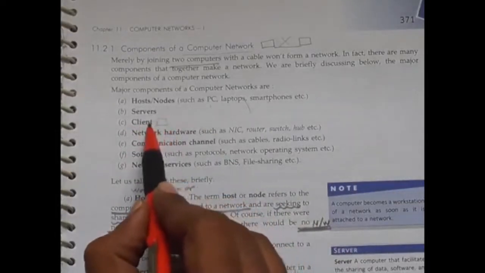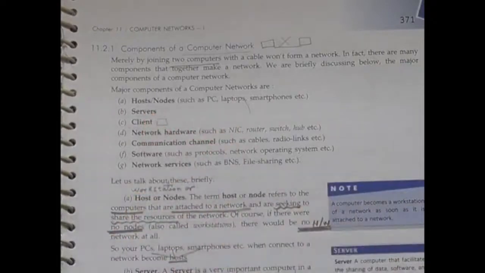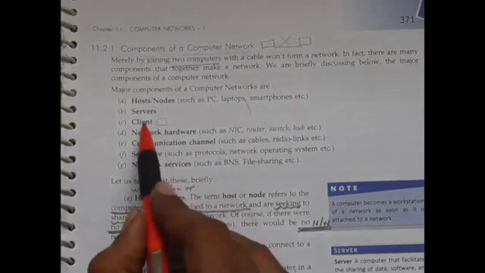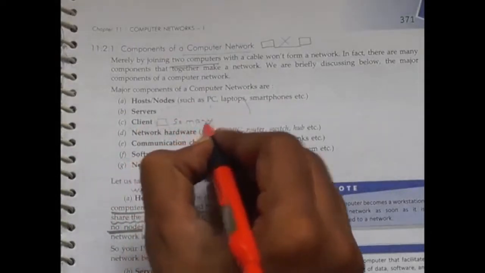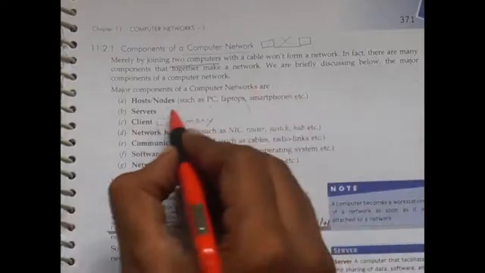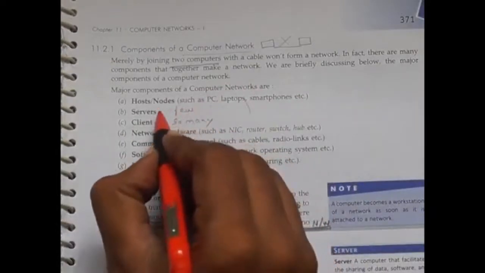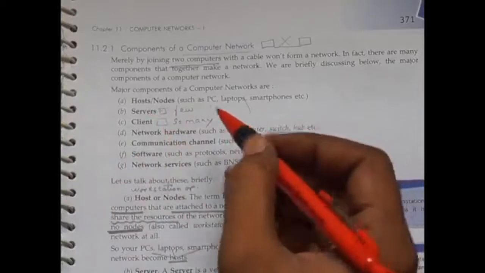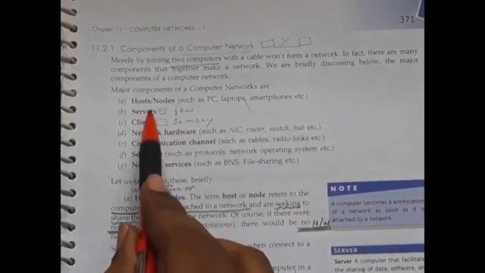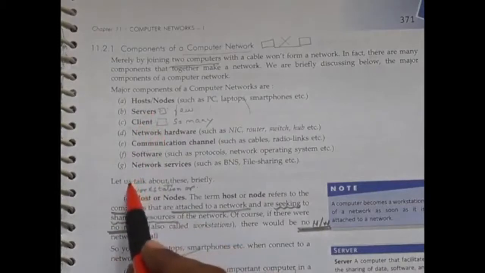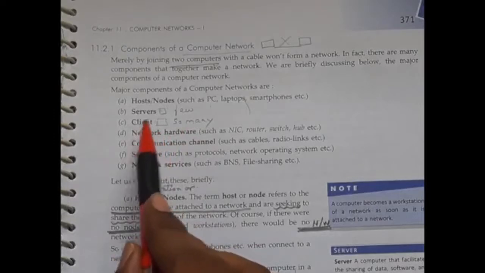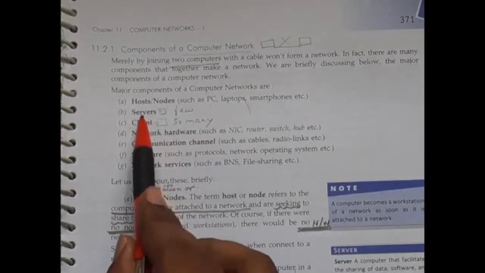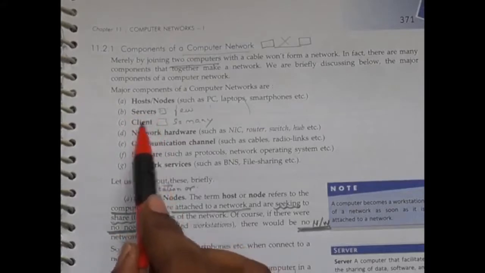Then, in a company, hundreds of client computers are handled by one server. So to form a network, we need many client computers and a few server computers. Server computers are the masters and will control the client computers. So in a company, there will be hundreds of computers, and hundreds of client computers are controlled by a few server computers. So servers are needed, and client computers are also needed.